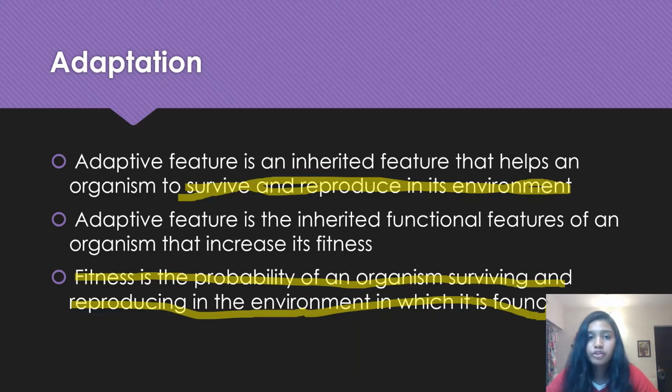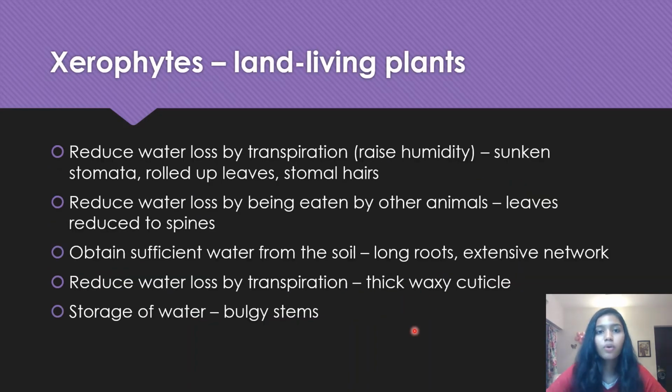And an adaptive feature is also the inherited functional features of an organism that increase its fitness. So this last part has consolidated this part, increases its fitness, and here it says helps to survive and reproduce in the environment. So I suggest you use the second two definitions, and usually in your paper, they ask you for these two combined. So 1A will be define adaptive feature, 1B will be define fitness. So it's vital that you memorize these properly. Okay, now